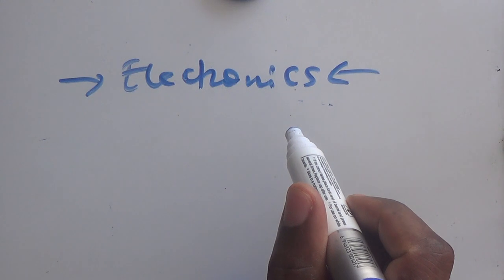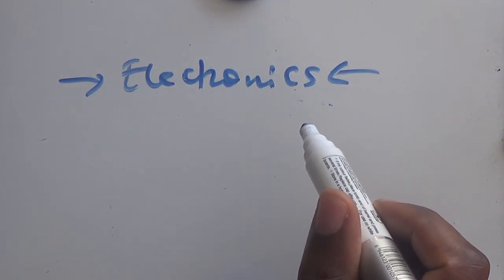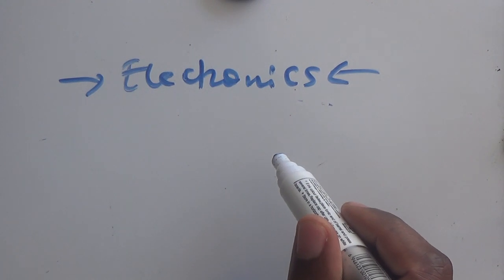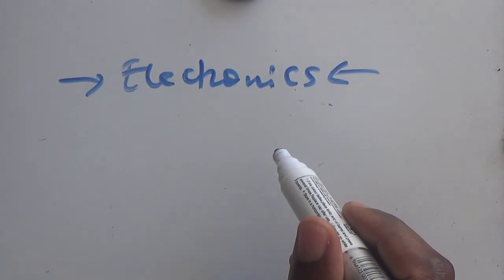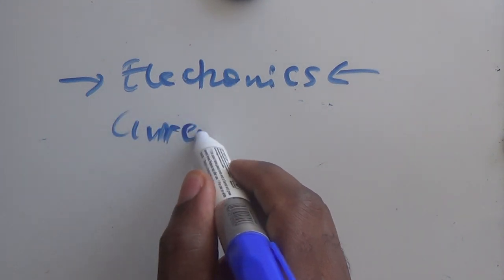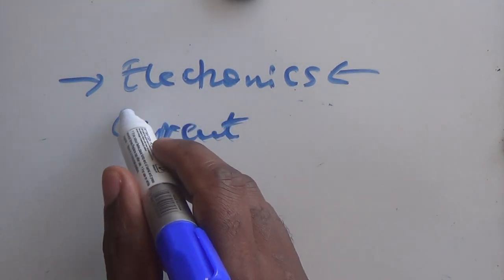There are those things that people tend to think are so complex, and one of them is to find the current in circuits,